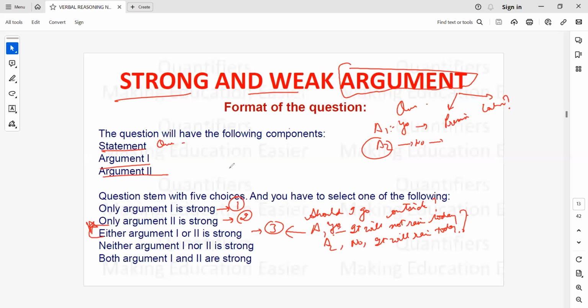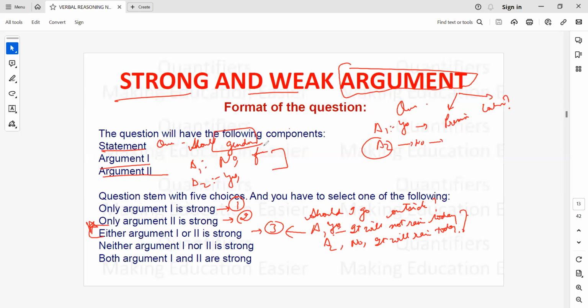One of the questions that has been asked in your previous year exams is, let's say, should the new parents know the gender of their unborn child, the fetus in the womb of the mother? So are parents justified in knowing the gender of their unborn baby? Now, argument 1 says no, because it is going to further increase the problem of female feticide, and so on. Argument 2 says yes, because it is ultimately their kid, and they have every right to know the gender of their child. Okay, so that is the case.